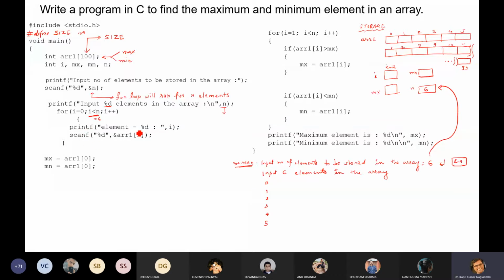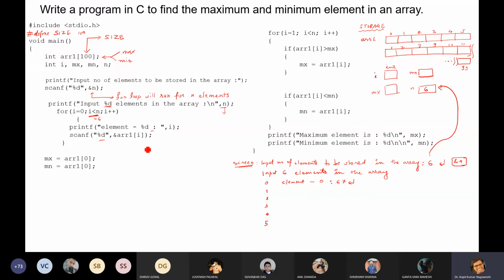Now, the first printf statement: element %d. In place of %d, it will be I. So what is the value of I? Element 0, colon. Then I am entering the value, and because there is no newline, here it will be blinking. Suppose I had entered 67 and then pressed enter.